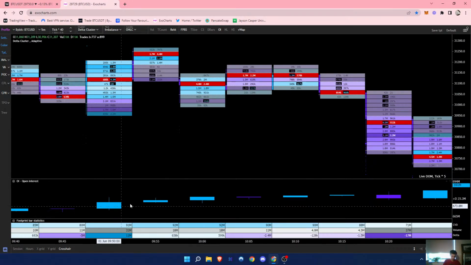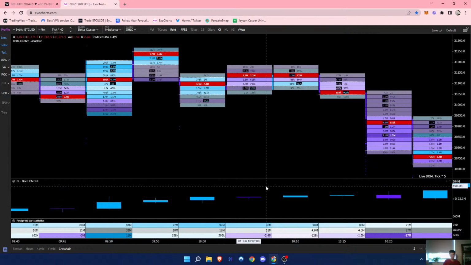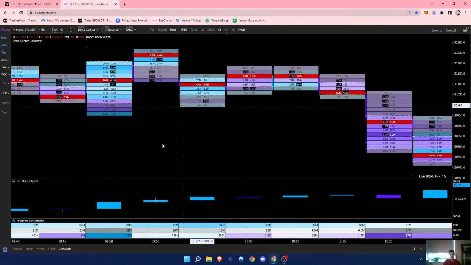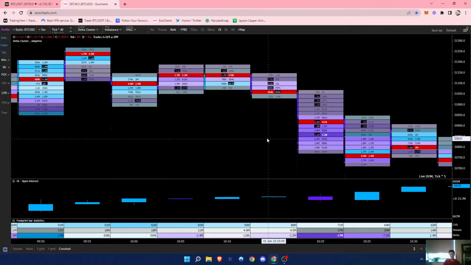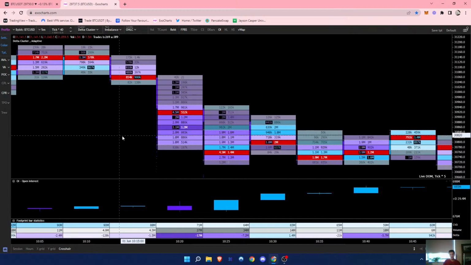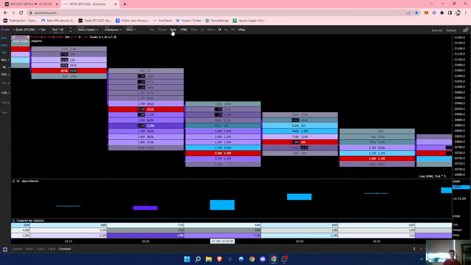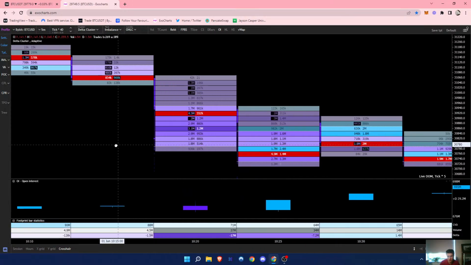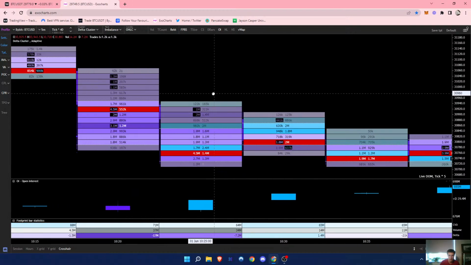And delta, or open interest, started increasing, especially as those shorts started to come in. And then of course we dropped down even more. A lot of people are getting stopped out from those longs. Here you can see, if we open up the rect, it's really showing you liquidations, or people getting stopped out. And typically when they're blue like this, or purple in this case, if you zoom in a little bit,